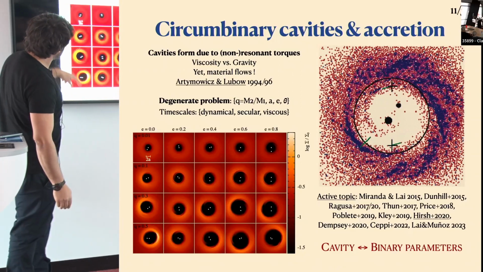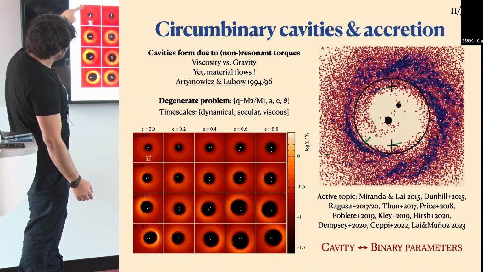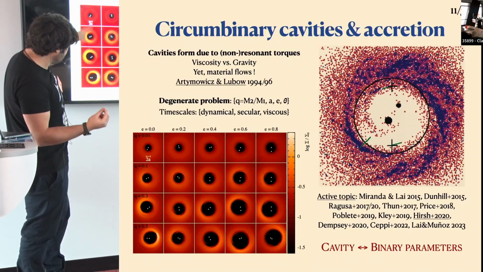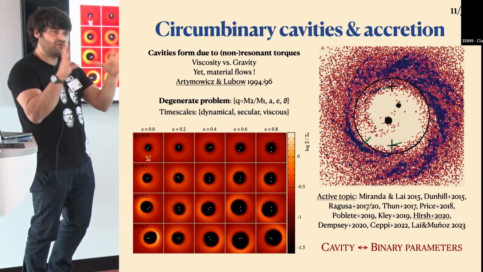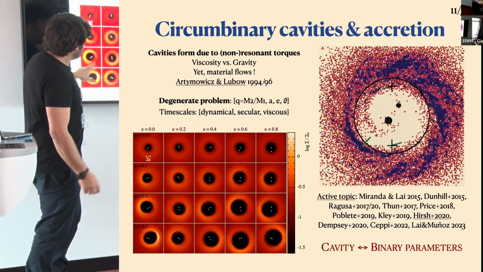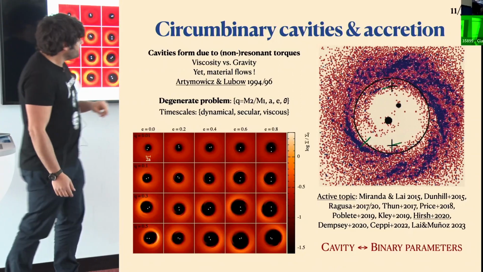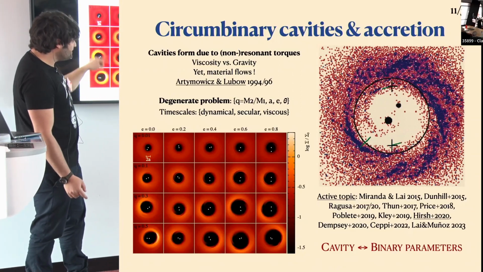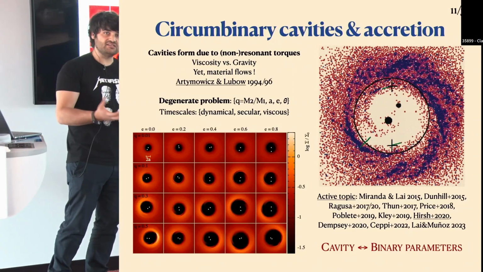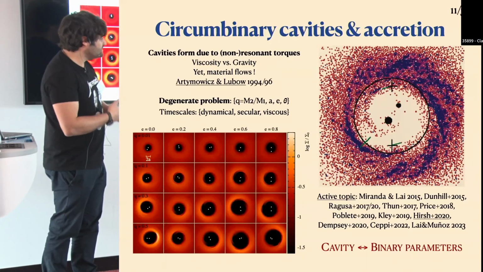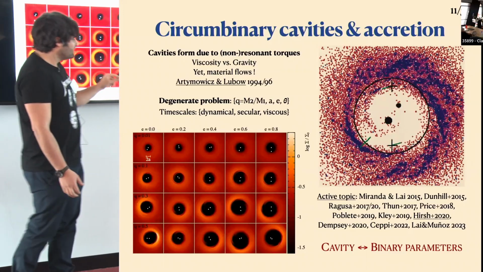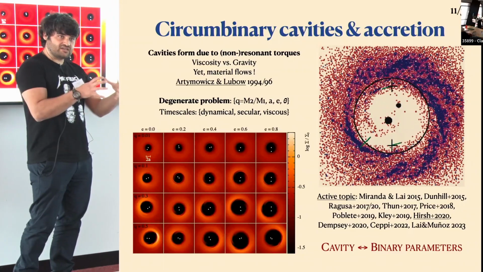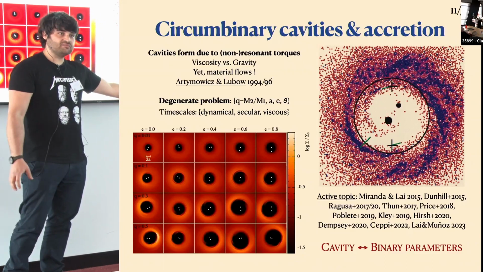And here you see an example of what happens when you increase the mass ratio, from a light stellar companion towards an equal mass companion, so both stars have the same mass. And you can increase the eccentricity. And you see that the shape of the cavity changes, but also the overdensities that you might form and the kind of spirals that you get in these systems. And this is, again, a very active topic of research. But essentially, what you need to remember is that we can connect the cavity structure and the morphology with the binary parameters. All right?